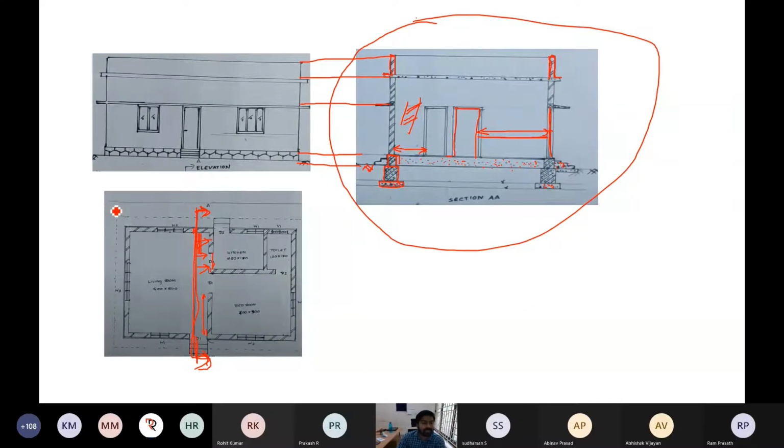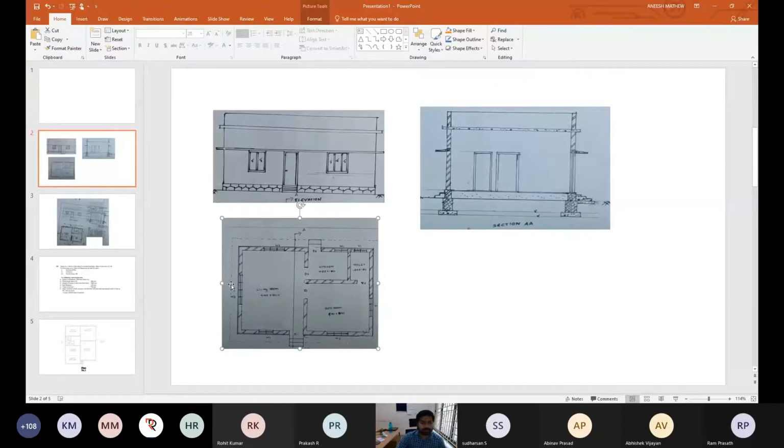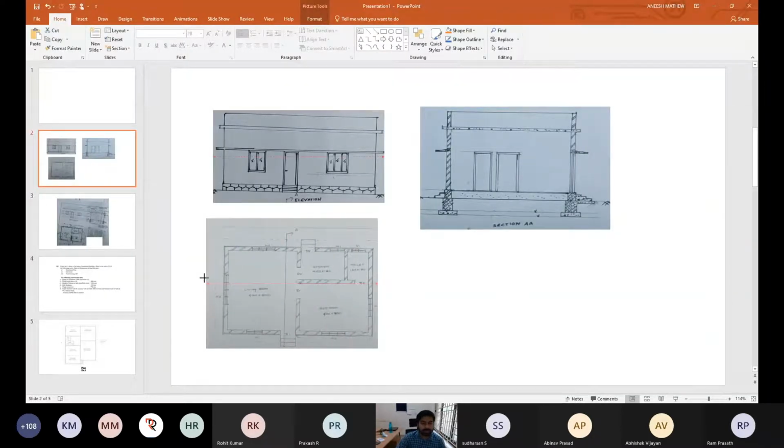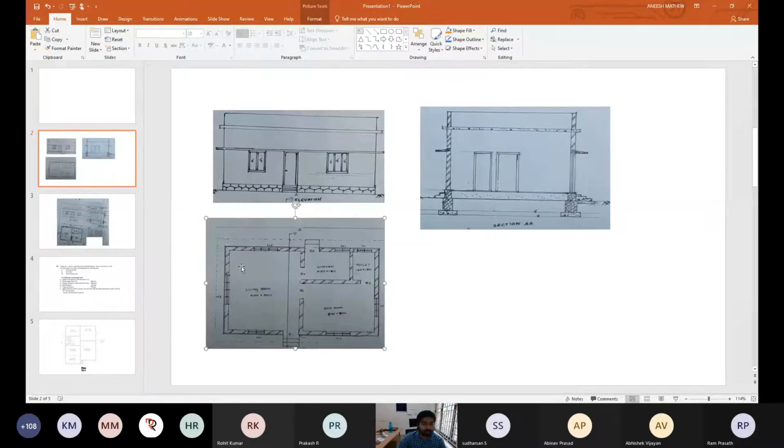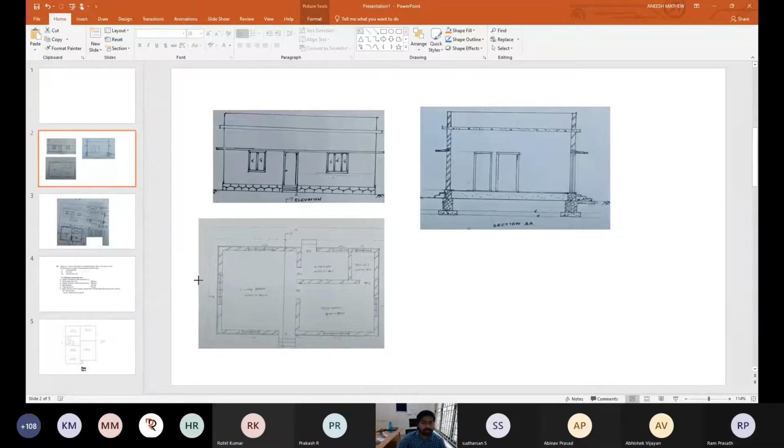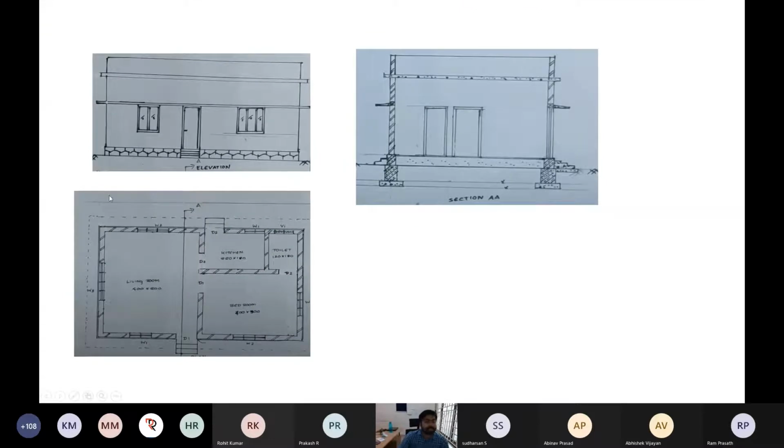So similarly, if you are projecting from here, actually the picture is not in actual location. Don't misunderstand. Okay. So if you are projecting accordingly, here actually. Sorry for that. Actually, here it is like this. Yeah. It is almost correct, I think, because it's just a copy and paste. That's why it's not showing. But when you draw the actual dimension, you please understand. So here from the plan you can project.